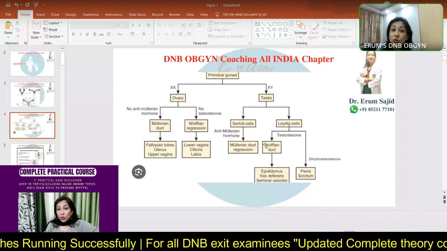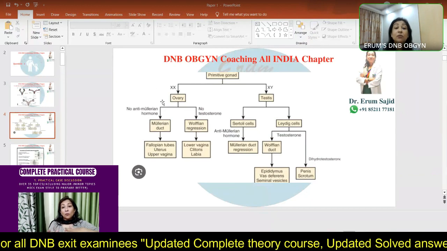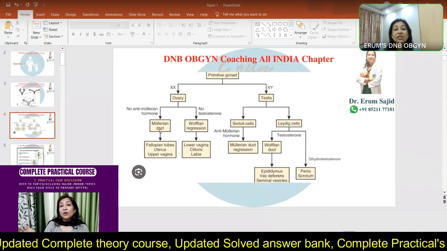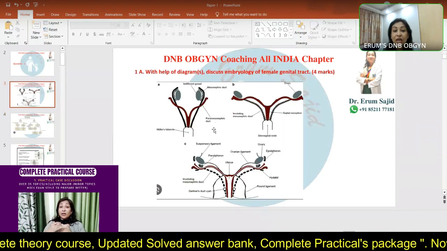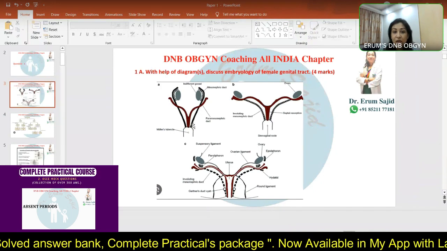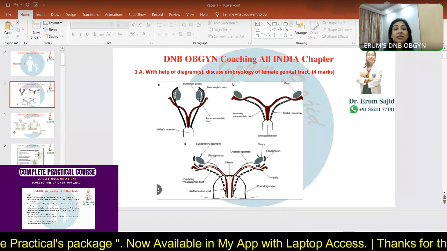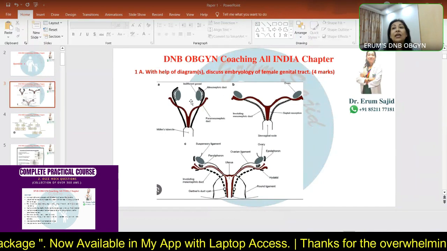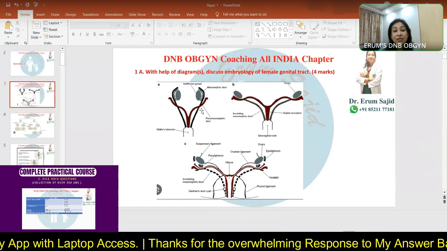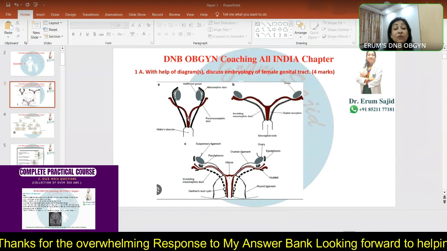But if there is no Y chromosome, the opposite takes place. The Wolffian duct regresses, and the Mullerian duct is developed. This Mullerian duct is actually called the paramesonephric duct, and this is the mesonephric duct. So Wolffian duct, you write W, you invert it, it becomes M. So the Wolffian duct is the same as the mesonephric duct, very important in the development of the male genital tract. And the paramesonephric duct is called the Mullerian duct, and is very, very important for the development of the female genital tract.